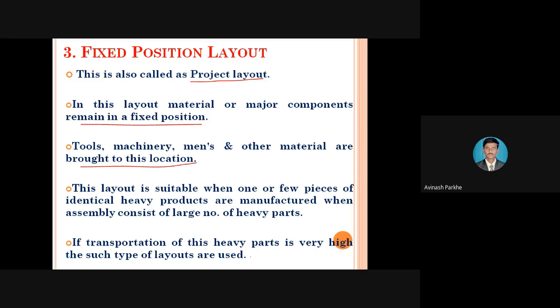One more disadvantage is that whatever equipment is provided, I am not using all of it simultaneously. Sometimes I am using the drilling machines, but in some cases the drilling machine will not be useful. Sometimes I am using the welding machine, but in such conditions the welding machines will not be useful. So all the equipment, all the accessories, all the machines cannot be used simultaneously. But in the product layout, whatever machines are provided in the sequence, each and every machine we have to utilize for the manufacturing purpose. But in case of a fixed position layout, whatever the machines are provided,